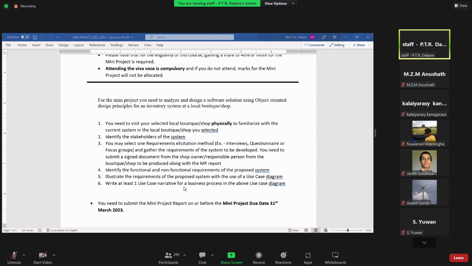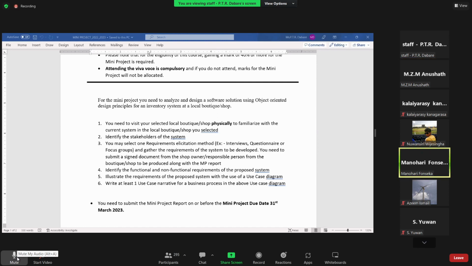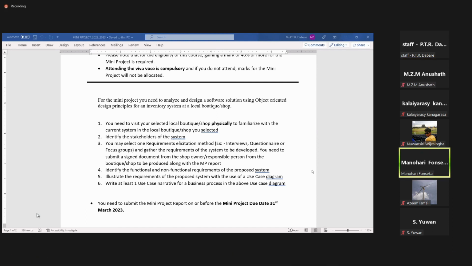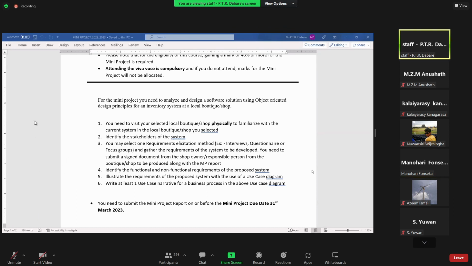You have to get a letter signed by them. Madam, the place we are selecting, should they have a computer-based system? No, they don't have to. Actually, if they don't have a computer-based system, it's very good. It's very good if they don't have a system. The reason that I'm saying is then you can